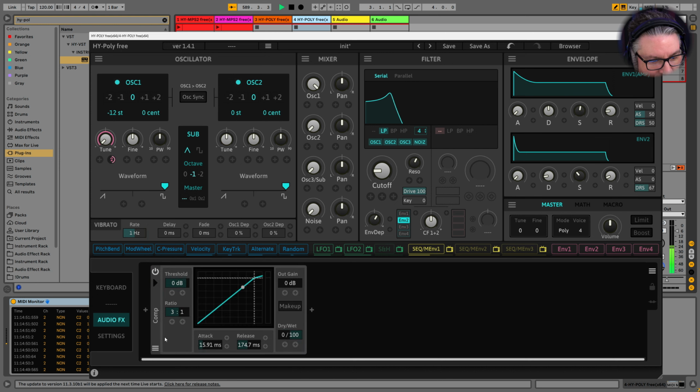Let's throw a comp on here. Just crank the shit out of it. See what we can get out of it. There we go. Get that sucker down there a bit. That's good.